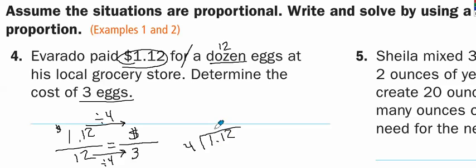I'm going to move my decimal up. 4 goes into 11 2 times, which gives me 8. I subtract, I get 3. I bring down my 2, and 4 times 8 is 32, which gives me a remainder of 0, which is what we want. So I found that 3 eggs is going to cost 28 cents. So we're just going to put 28 cents